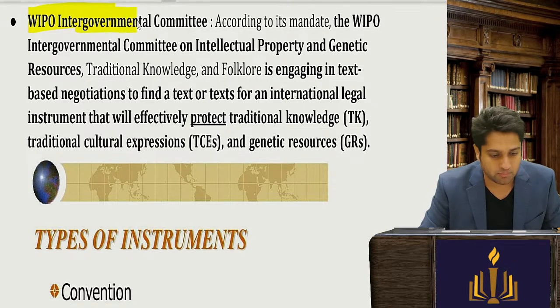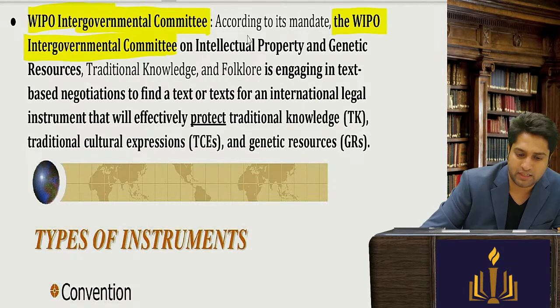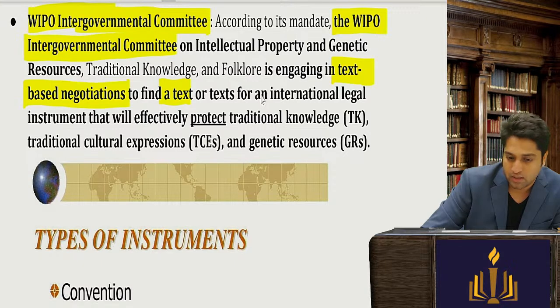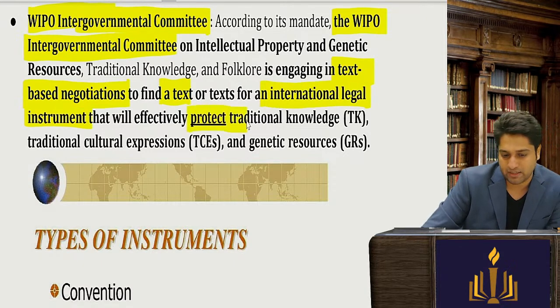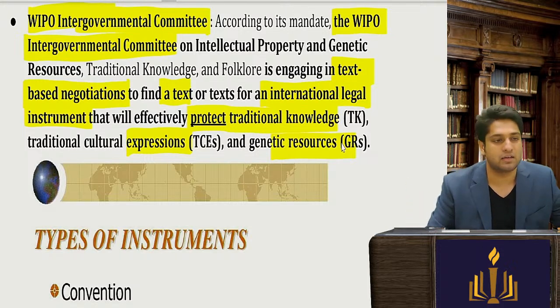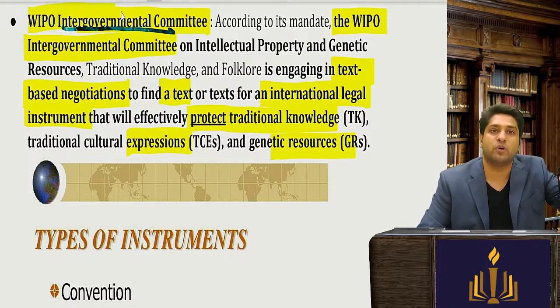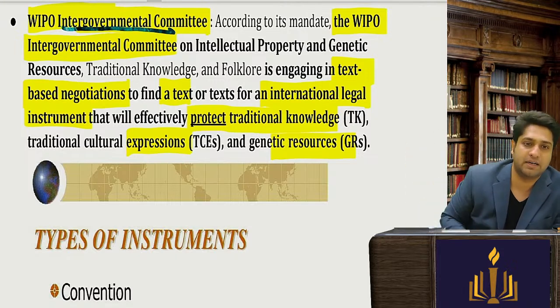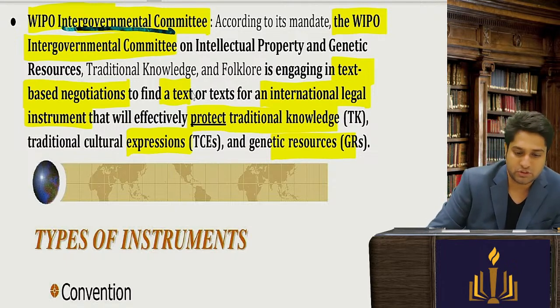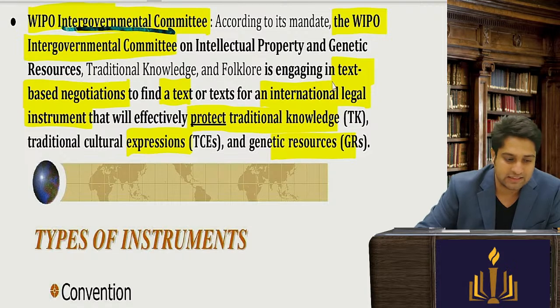WIPO Intergovernmental Committee. According to its mandate, the WIPO Intergovernmental Committee on Intellectual Property and Genetic Resources is engaging in text-based negotiation to find a text for an international legal instrument that will effectively protect traditional knowledge, expression and resources. Now this sounds extremely technical. What are they saying? What will the WIPO Intergovernmental Committee do? It's a committee, right? So a committee's main job is to make policies, rules, guidelines, conventions, agreements, etc. They engage in negotiations,